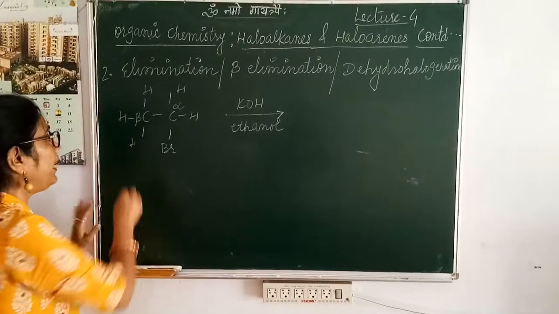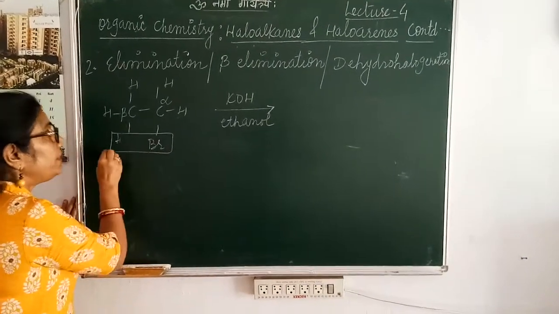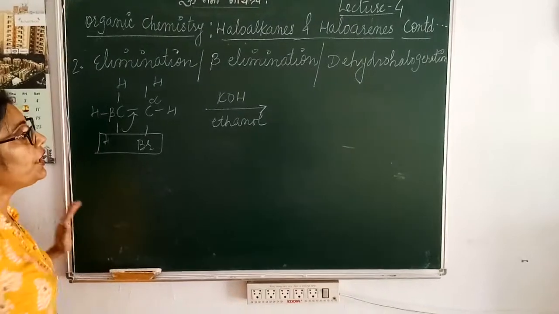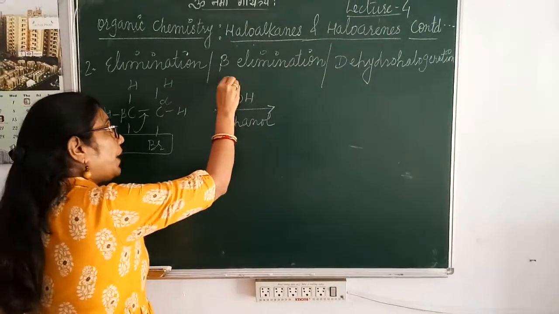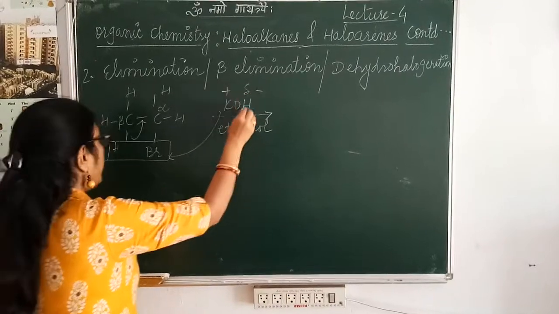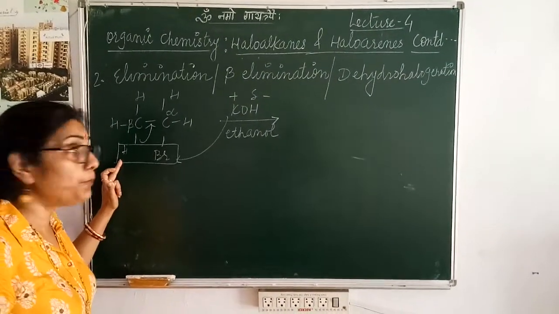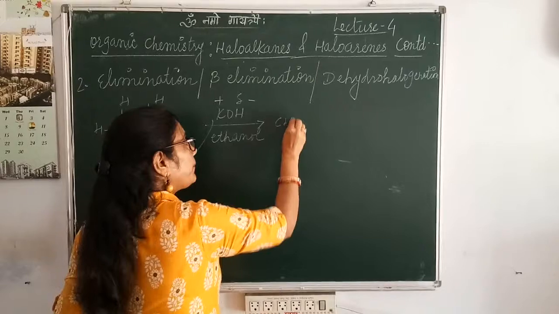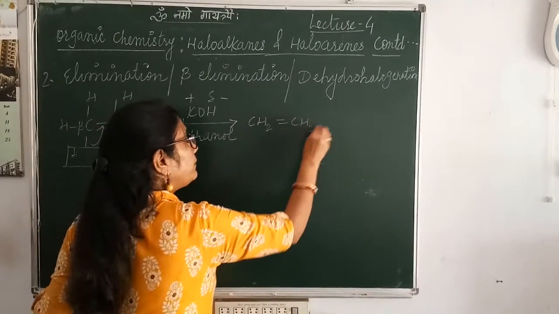Therefore it is called beta elimination. HBr is eliminated, this bond comes over here, K plus comes with Br, and OH minus abstracts this H plus from the beta position, so that the product is